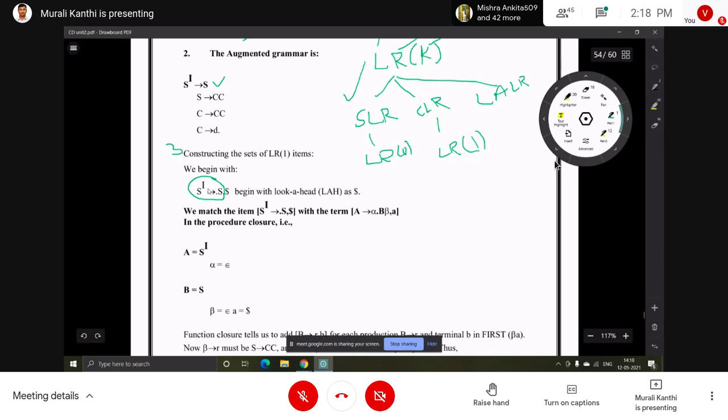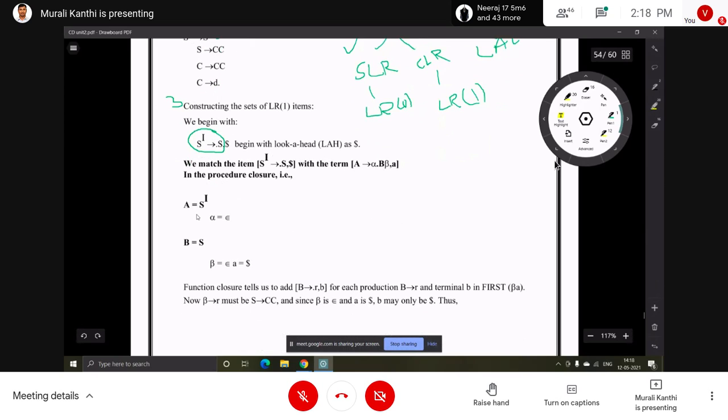Then, after adding this lookahead symbol to this production, what do we have to do next? We match the item with the general form A implies alpha .B beta, comma a, in the closure procedure.